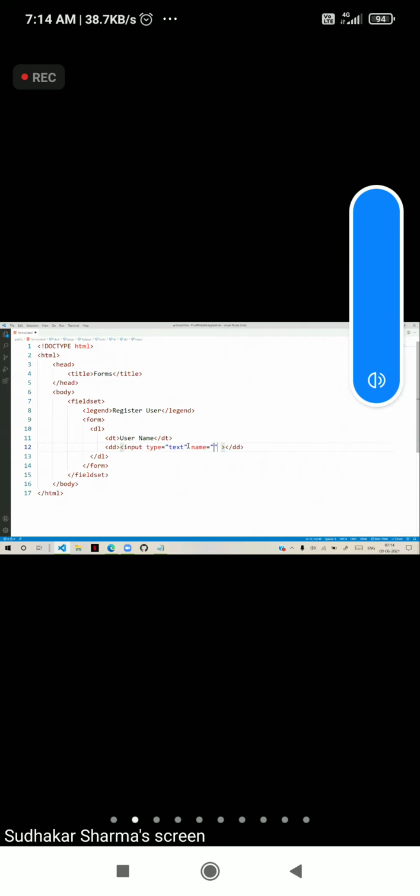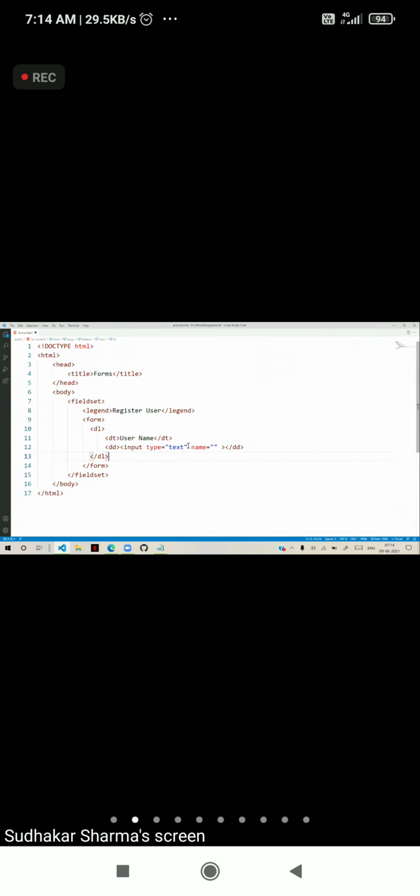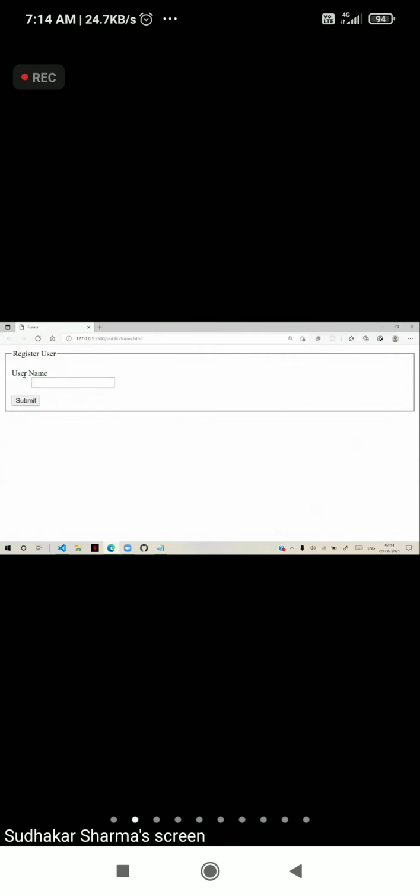For example, suppose I have a submit button. Later I will tell you about buttons; we will discuss buttons separately. Suppose the submit button has the ability to submit the form. I entered some name and clicked on submit, and you can see that in the URL the data is not submitted.